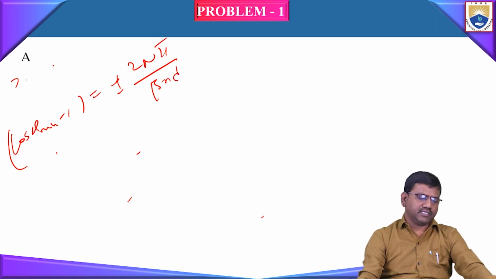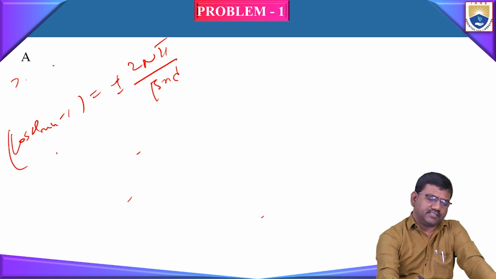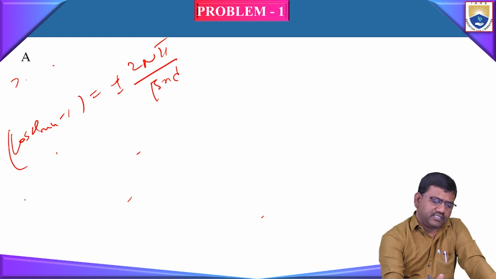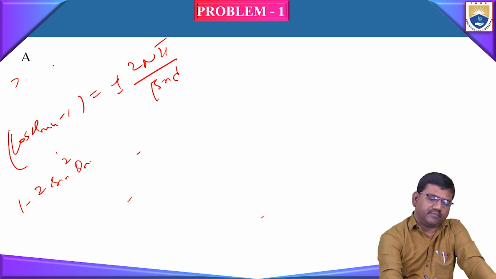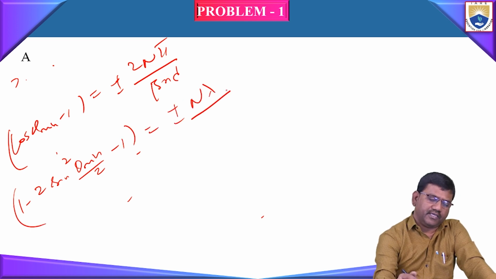So 1 minus cos theta. So cos theta min can be written as 1 minus 2 sine square. 1 minus cos theta is equal to 1 minus 2 sine square theta min by 2 minus 1 is equal to plus or minus n lambda by